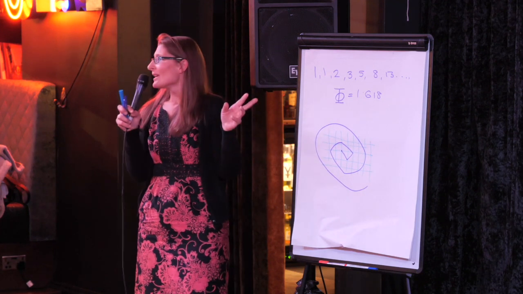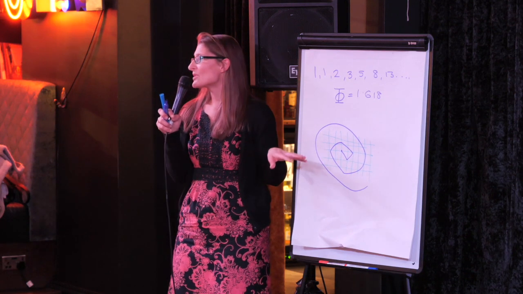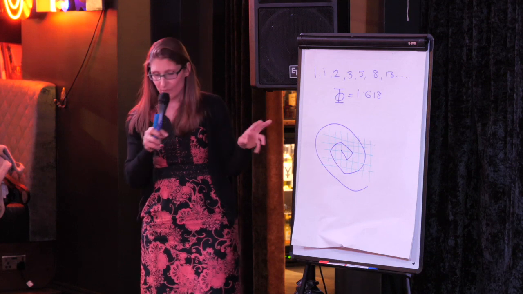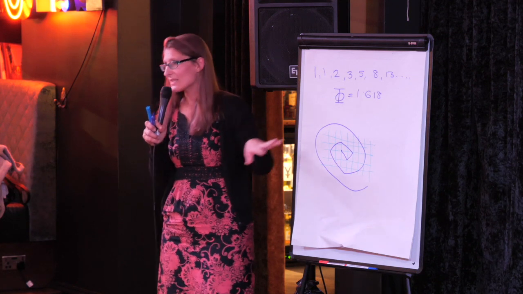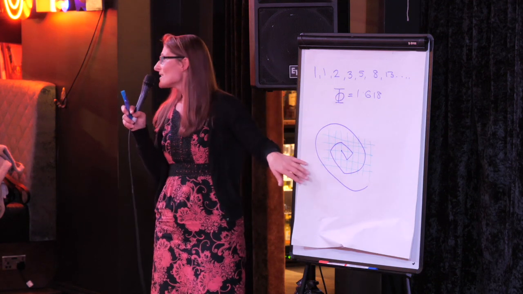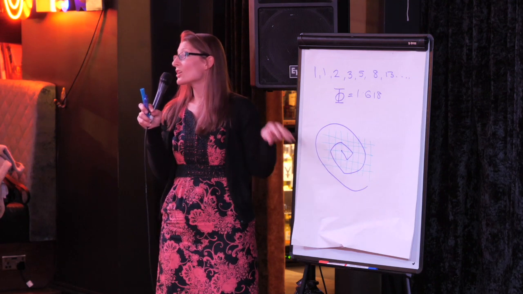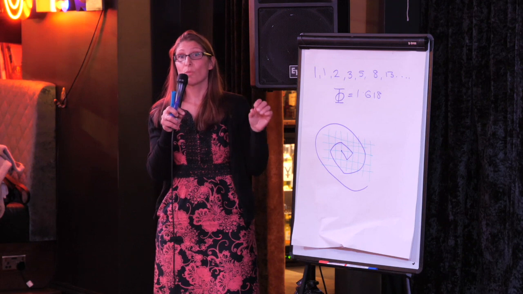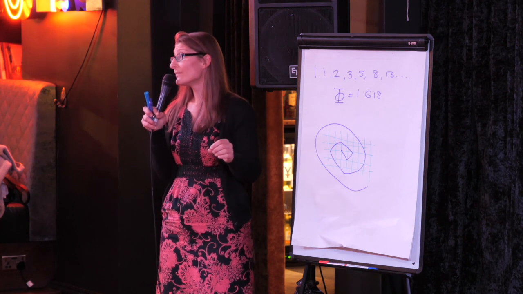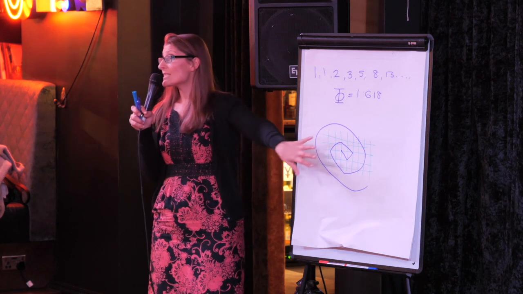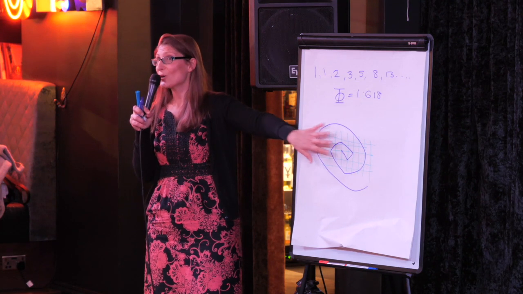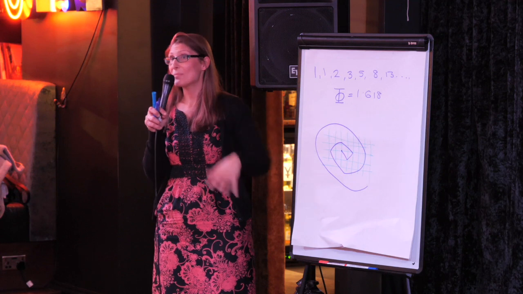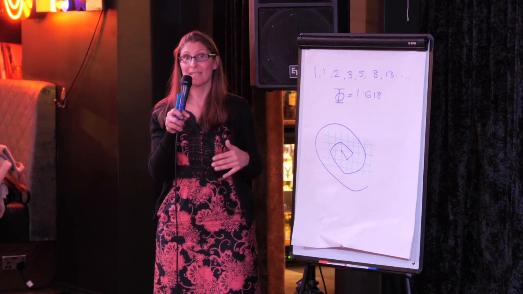Now, I'm going to talk about what happens when we apply this to our health. And I've written a theory that basically says that this number and this geometry is a code. It's a code for the body that says that when you're putting something in your body or on your body, if it contains this code that we see in nature, a code of love, then the body will accept it and it will use it.